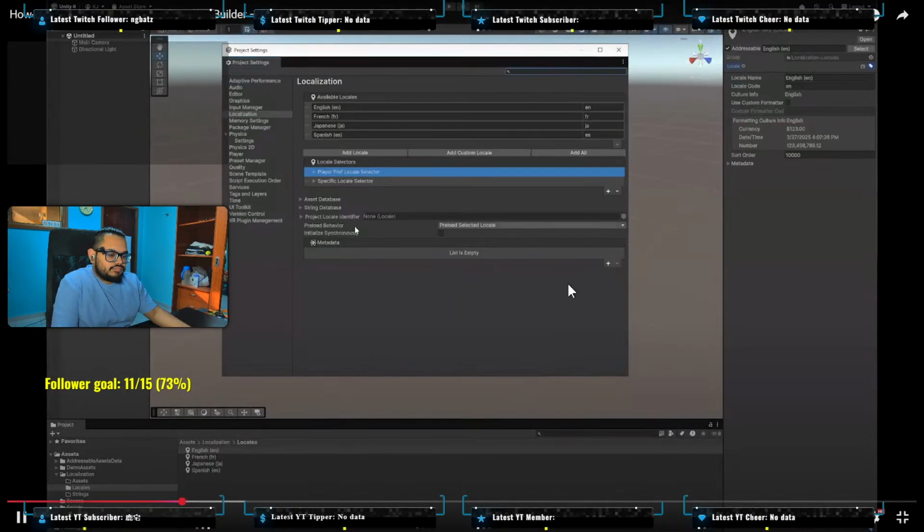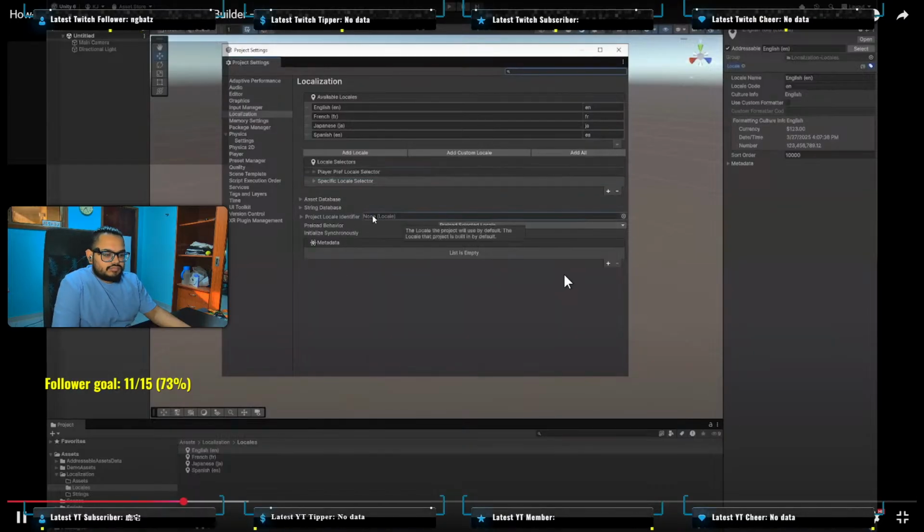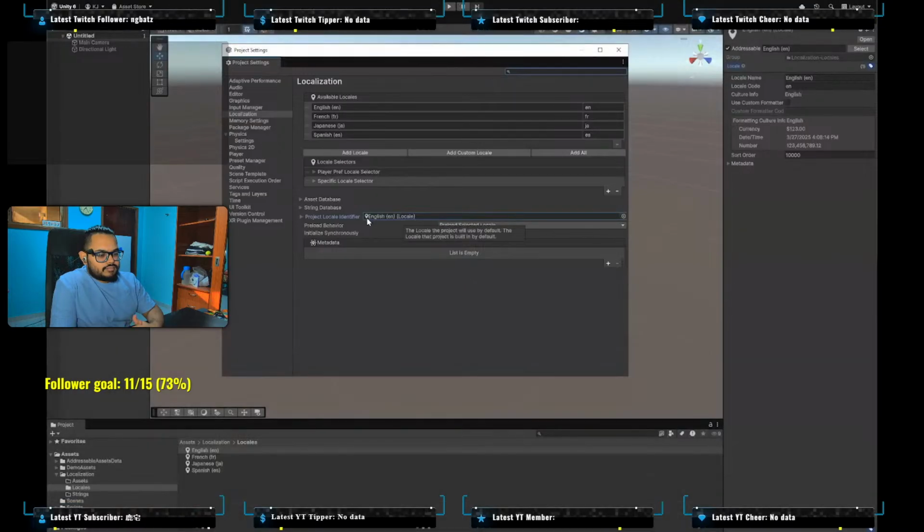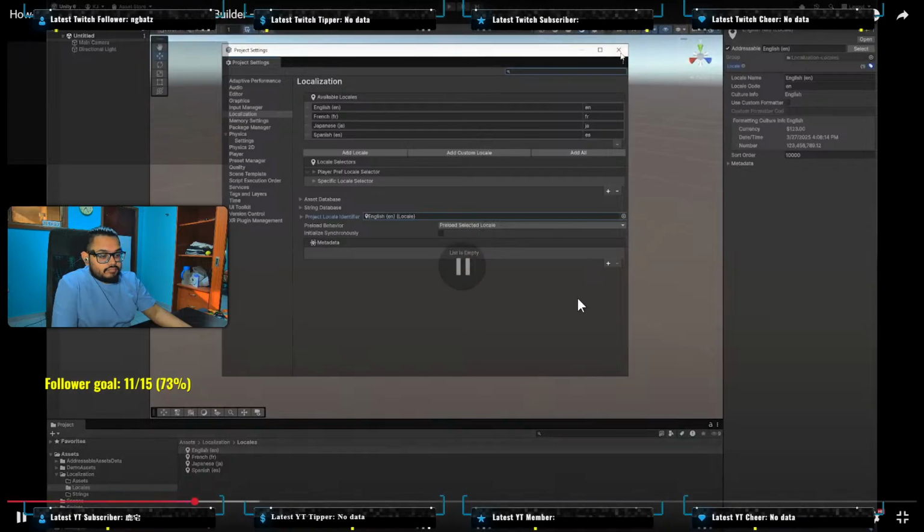There's some other settings that we might look at later on. Another useful one, just to quickly categorize, is project locale. That is more of an editor hint, so it tells it what language we're building the game in, and so at times when it doesn't know what language to display, it knows to fall back to this project locale because it knows that's the language I'm using as my default. So it's more of a hint, it doesn't do anything in the player. So we'll just set that, and then we'll